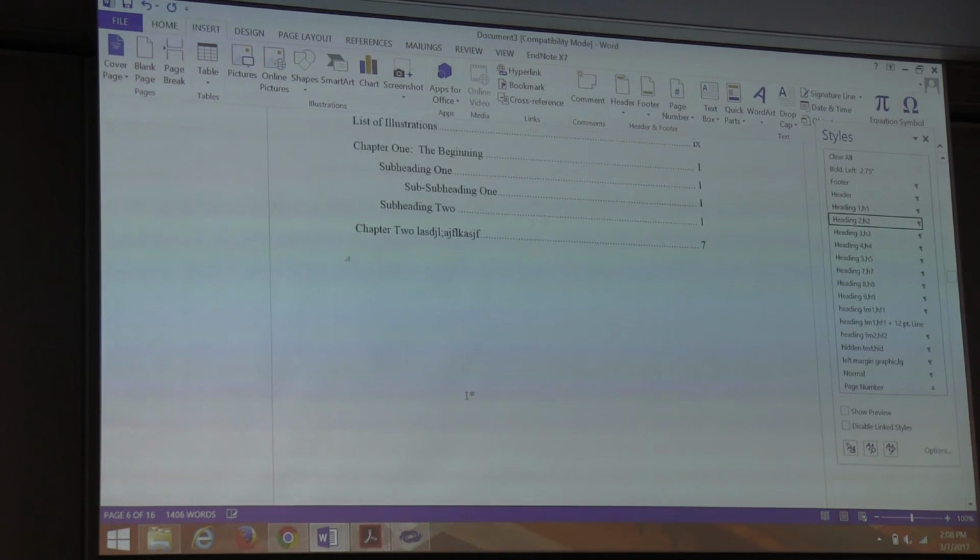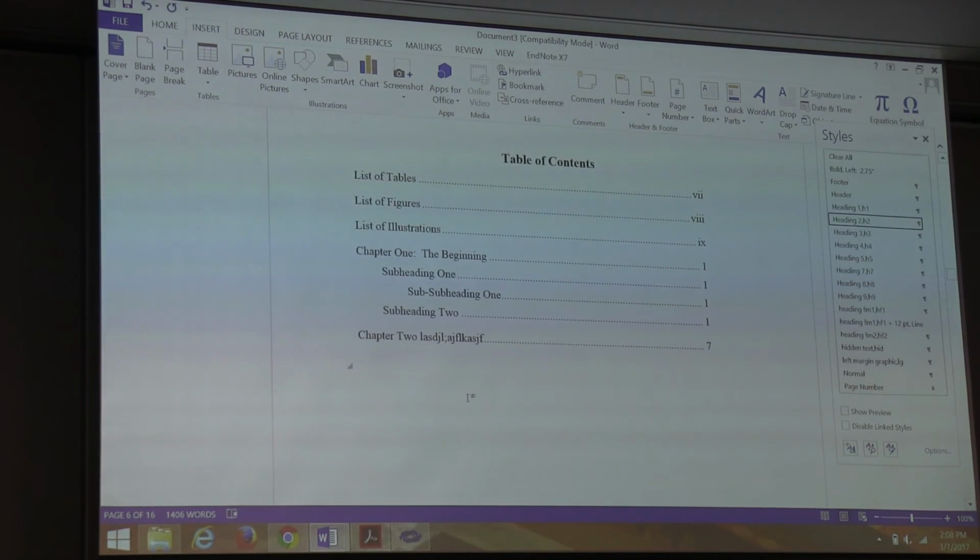Let's see what else. So one thing you may notice, if you are sending your paper back and forth to your committee for them to look at or revise, they may come back and say, hey, this illustration is wonky. It doesn't match up with the caption or something, but it looks fine to you. That happens a lot going between either different versions of Word, or maybe you're on a PC and they're on a Mac. Differences can creep in, which is why for your final submission to us, we want you to save this as a PDF and then upload that version, because at least theoretically, a PDF will always look the same on any given machine.